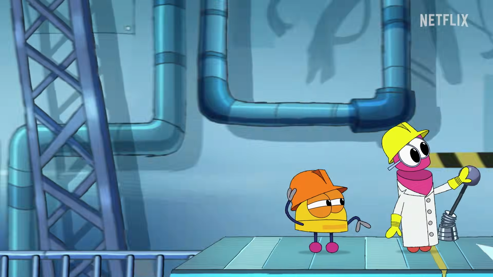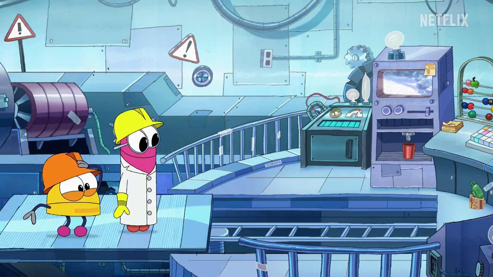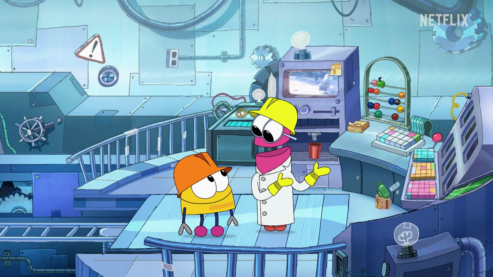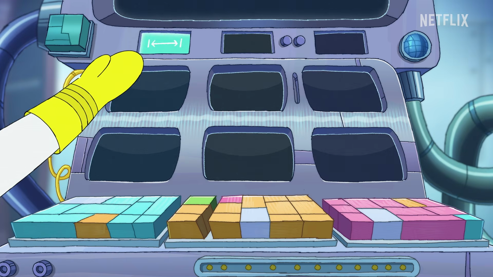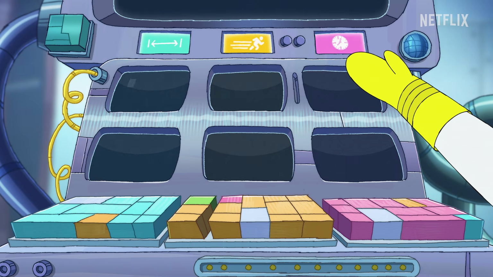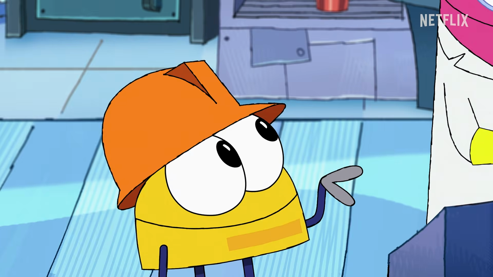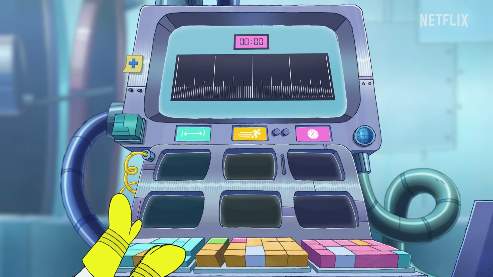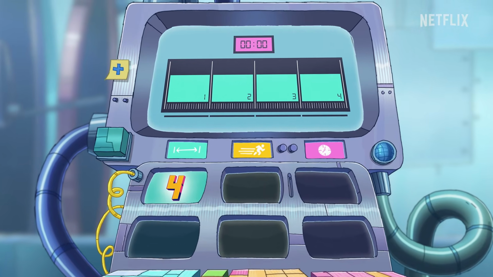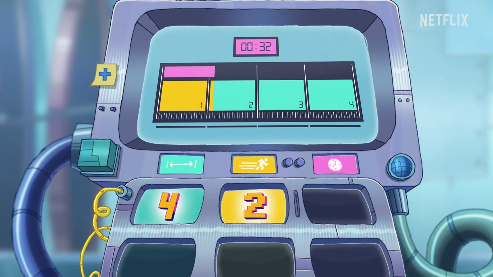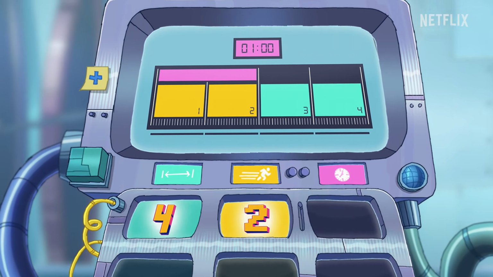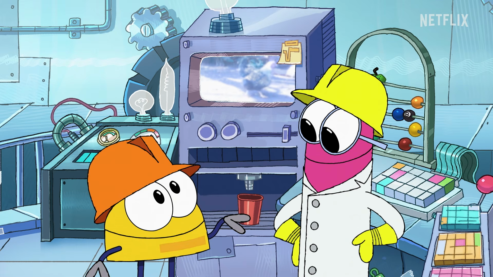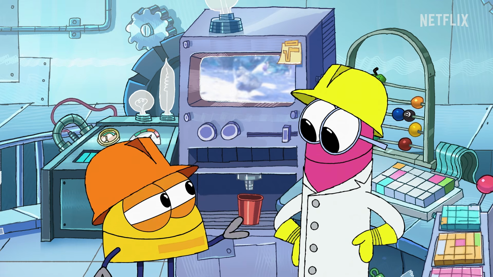Time, distance, and speed are all related, Bing. If you know any 2 of them, you can figure out the 3rd. So if you know the distance and speed, you can figure out how much time a trip will take. How do you do that? Let's say you have to travel 4 miles in total. If you can go 2 miles in 1 hour, it will take you 2 hours to get where you're going. Oh, I think I'm starting to get it.